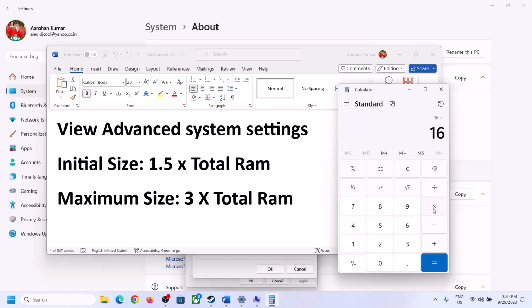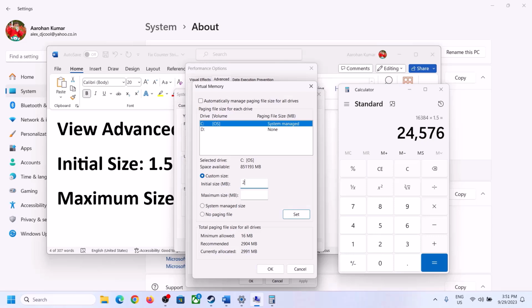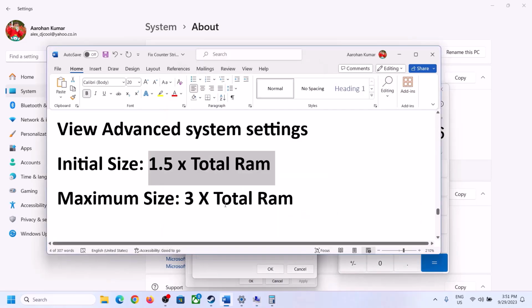16 into 1024, because 1 GB is equal to 1024 megabytes. So 16 GB in megabytes will be 16384. Into 1.5 into total RAM. This is my total RAM in megabytes. Now 1.5 into total RAM, that is into 1.5. So in my case, initial size is 24576